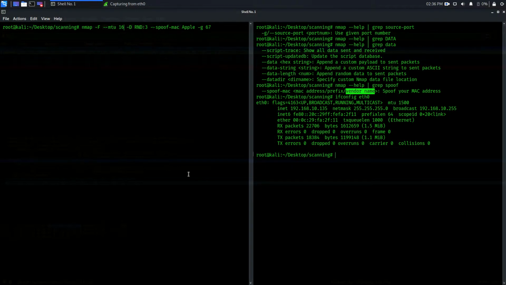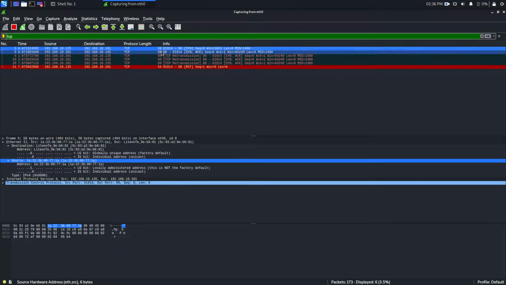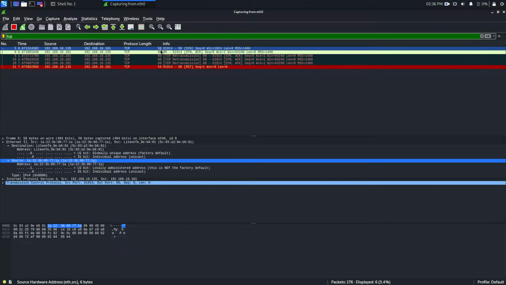Once you see the result, here it's 58, so if we add 4 bytes more it should be 62, but because you fragment the packet, you will not find 62.